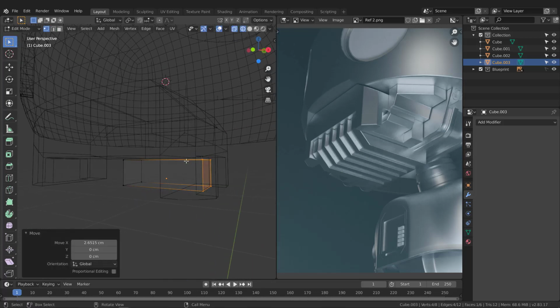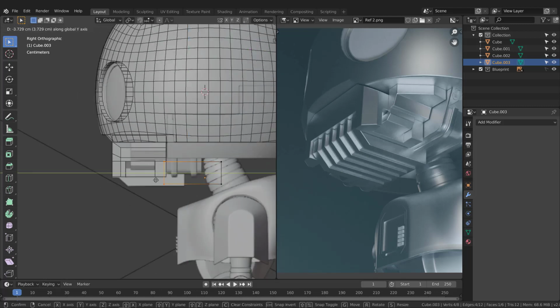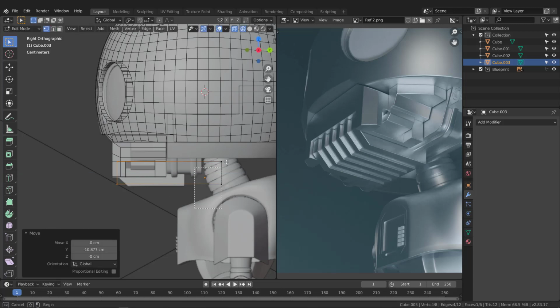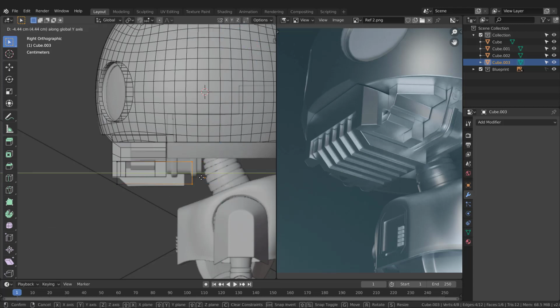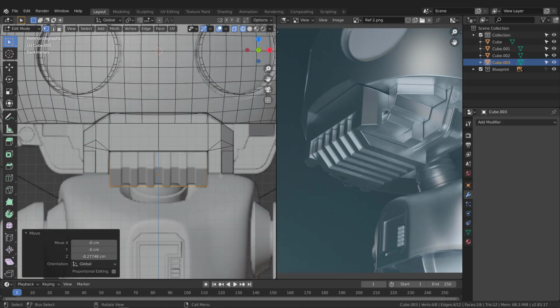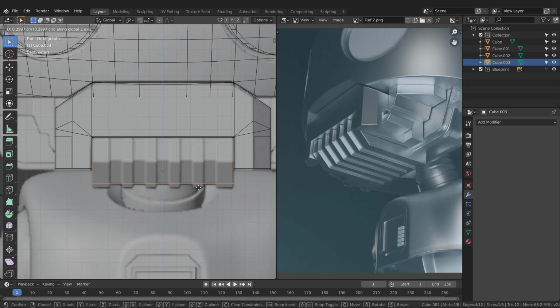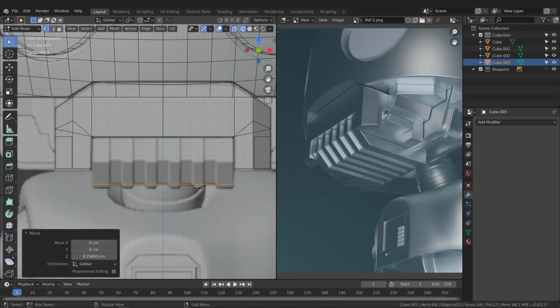Let's switch to the right view, hit number 3, and let's move this forward, hit G and take it maybe right here, and grab this one, G, and move it right about here. If you want to take this down more, that's okay. Let's switch to front view, let's see what we got. Alright, no, I'm going to take this up, G, and take it right here, because I need to extrude these